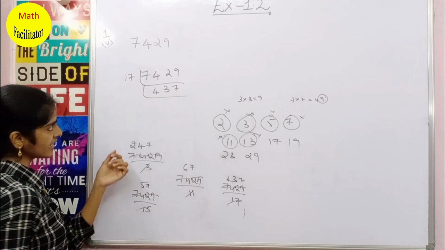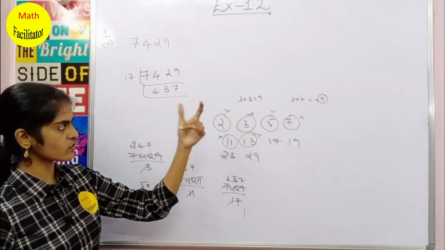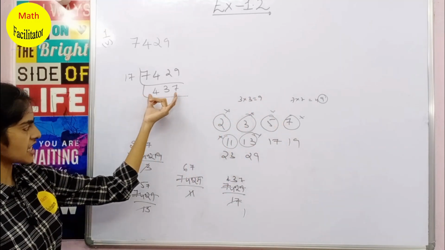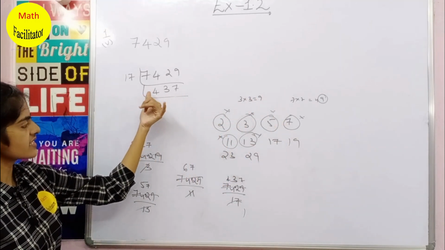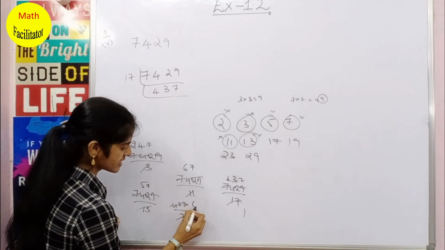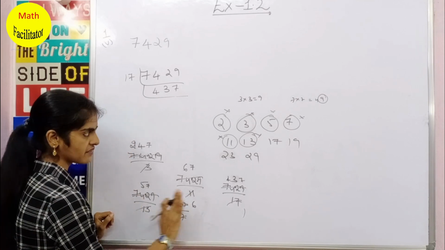Clear? Now again this 437 is an odd number, which means it is not divisible by 2, and you don't have 5 here, so it is not divisible by 5. Okay, so let us check for 7. So 437 divided by 7, it is 7 6s are 42. Okay, you are left with 1. 17 is not divisible, so 7 is also ruled out.